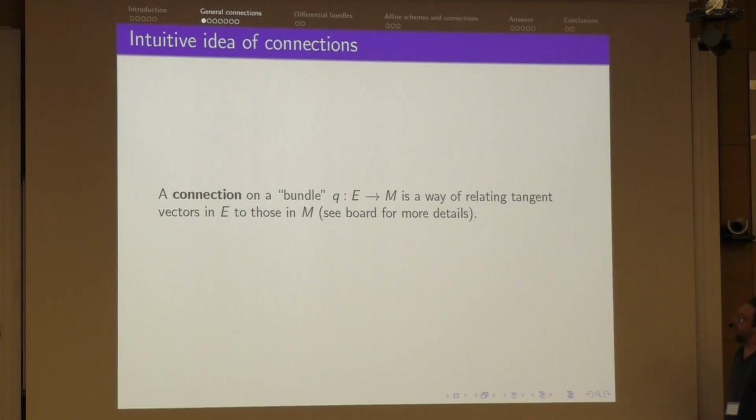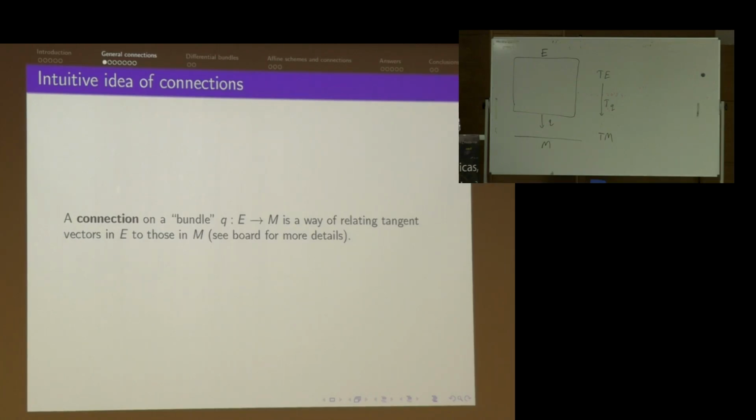But I think one of the ones that I find easiest to sort of grasp a little bit is the one that Ehresmann did, sort of when you've got some kind of bundle, what a connection is. And so it's a way, I think, of relating tangent bundles. So you've got some kind of map, E over M, some big space E, some space M, and a projection q from E down to M.